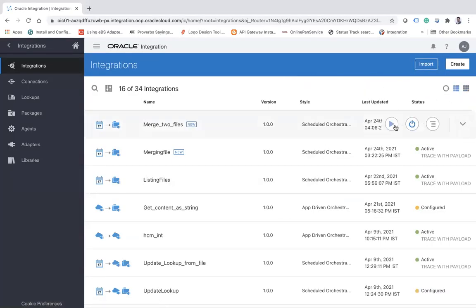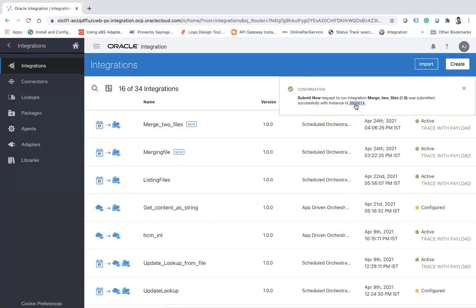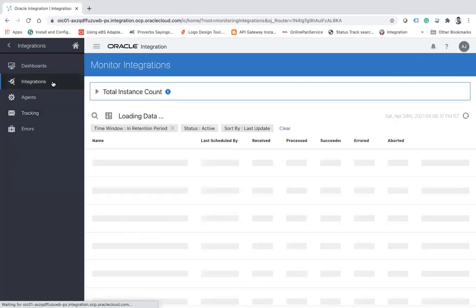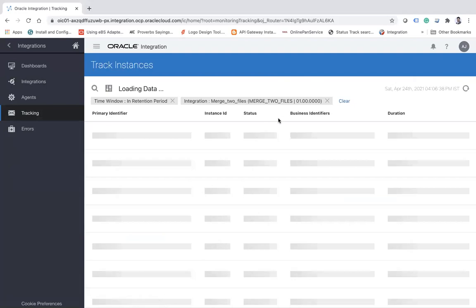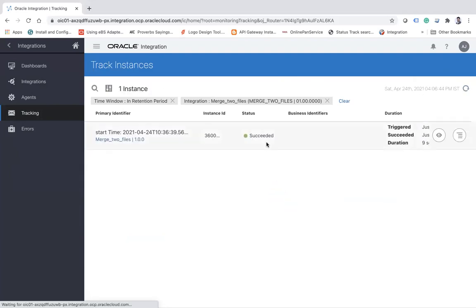Okay, now let's submit this integration and we'll see what will happen. Okay, it's in waiting state. Go to this integration, click here, it's in progress. Yeah, it's in succeeded state.